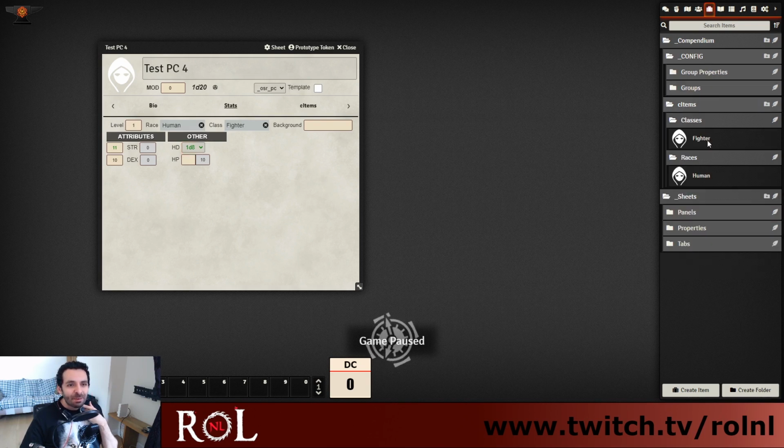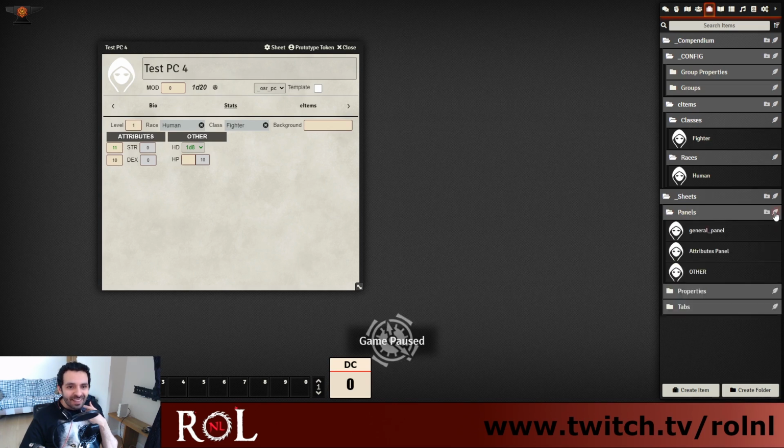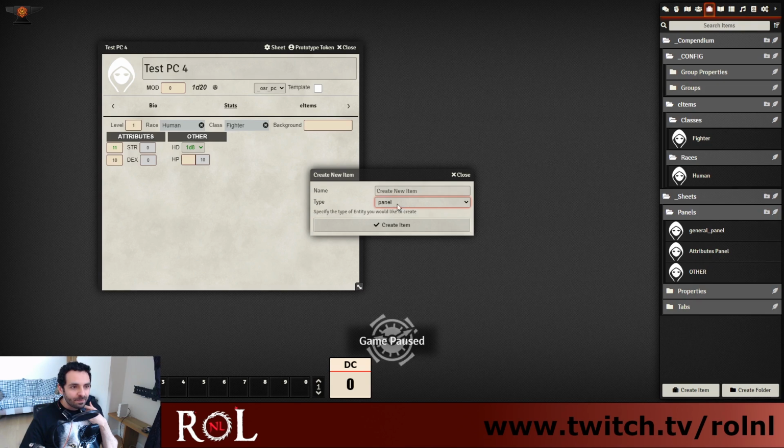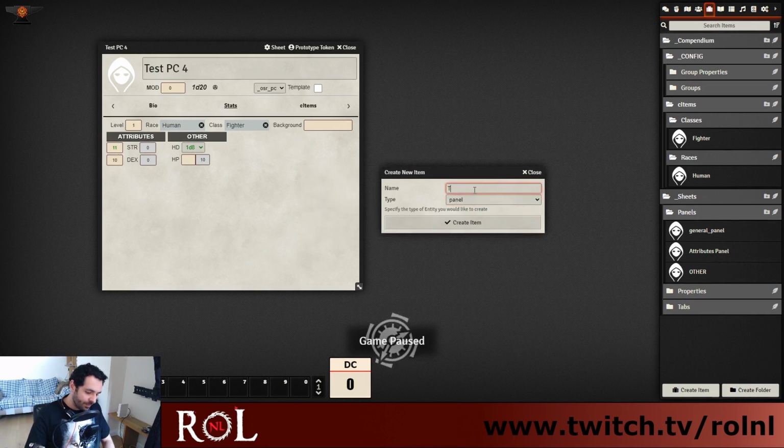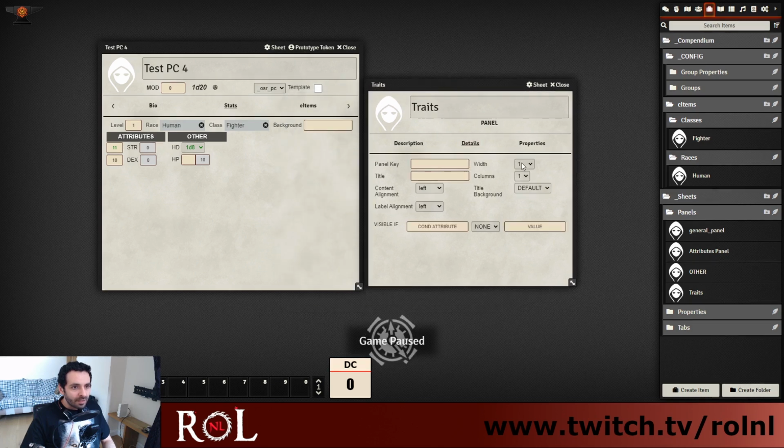Okay. Let me create a new panel. This panel is going to be called traits. It's going to be a half column traits panel, traits, traits,